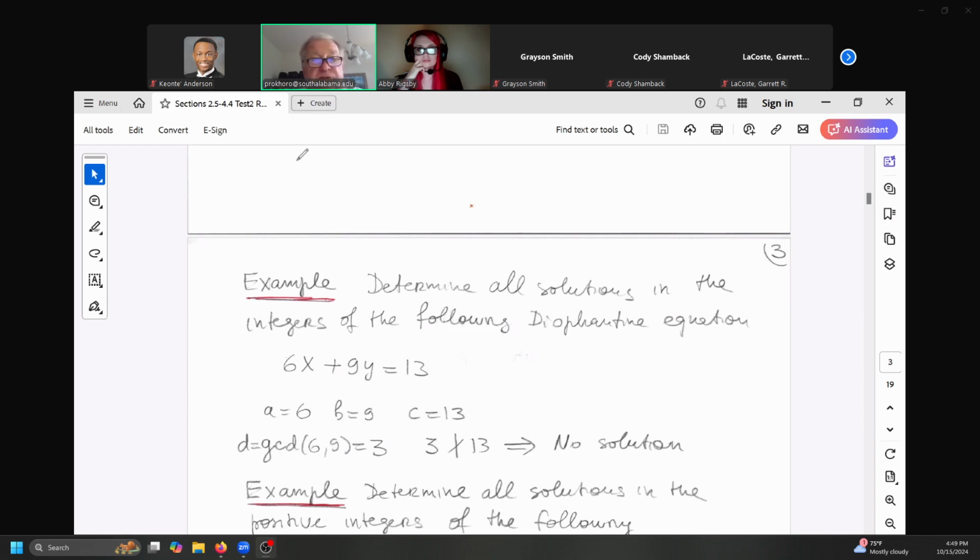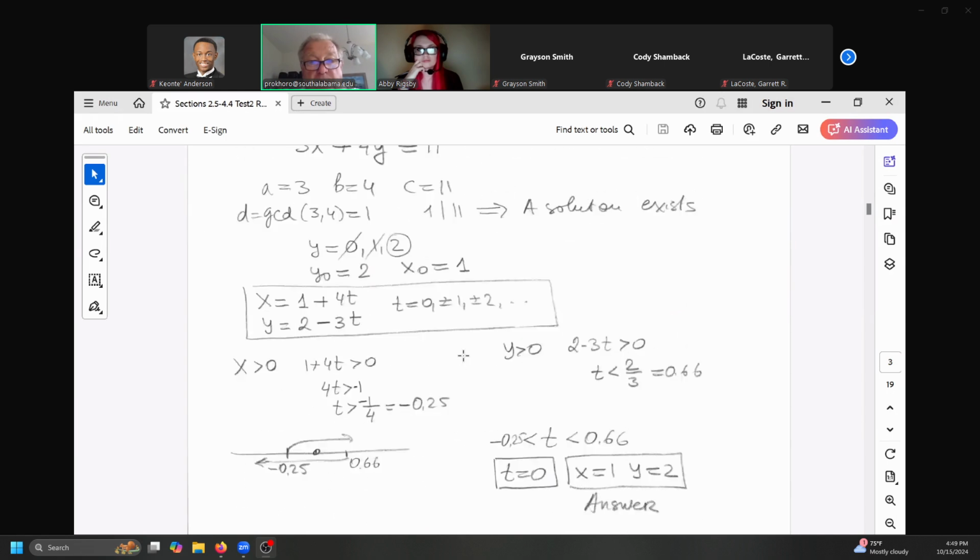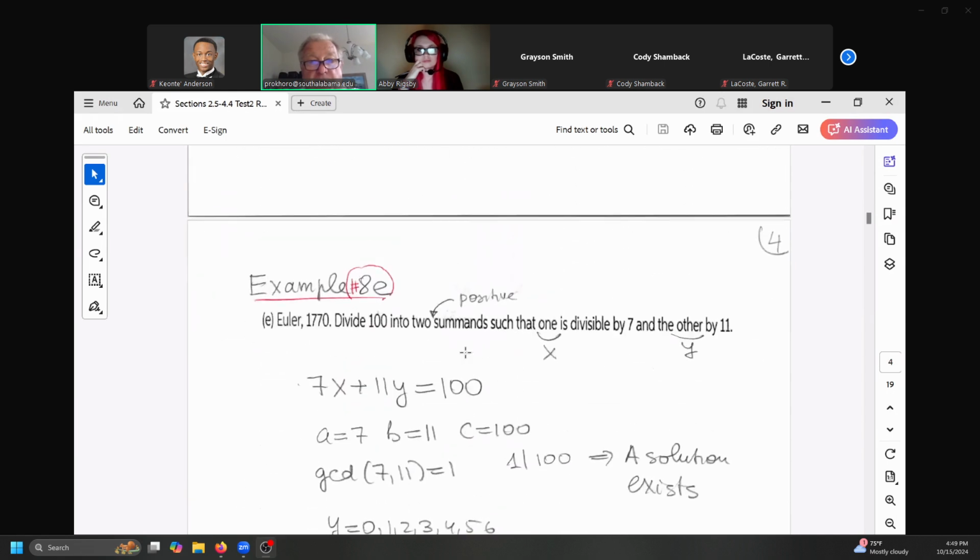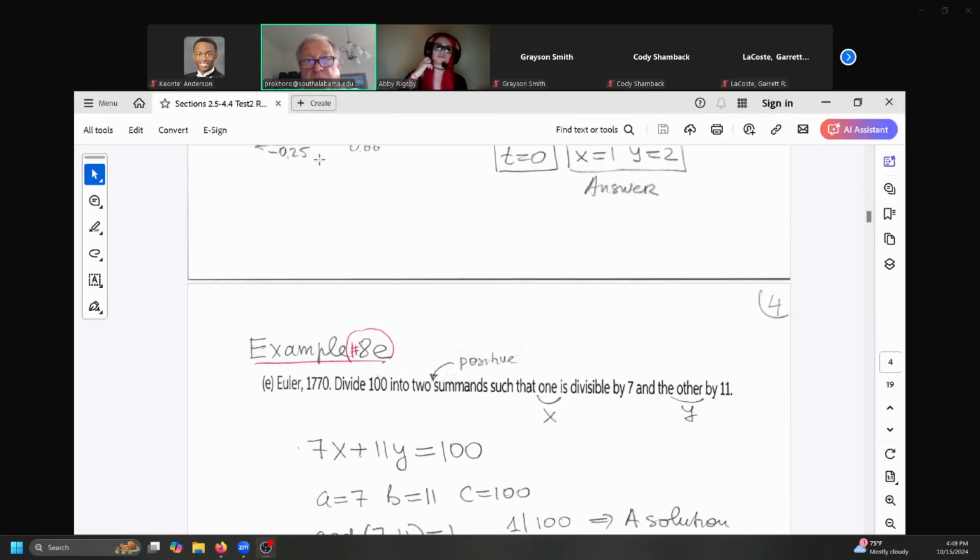Okay, now let's do this Euler problem. So now let's read it. This is from homework. Divide 100 into 2 expressions, a sum. One is divisible by 7 and the second is divisible by 11. So this means it's not about division, it's about representation. The number 100